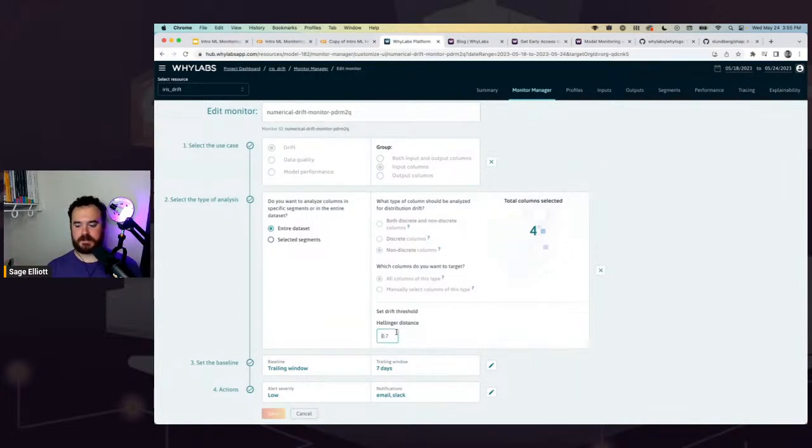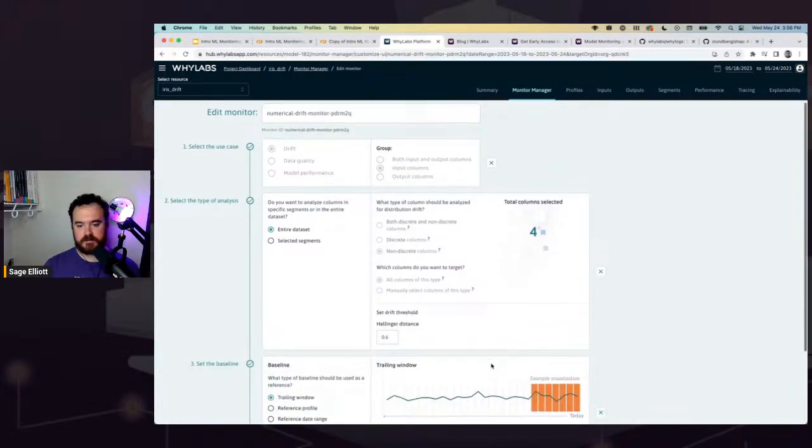I'm actually going to tweak this a little bit here. So we use something called the Hellinger distance in YLabs to calculate the drift distance between values that we're comparing against. So in this case, we're going to be comparing against those 7 days of production data. We're going to be looking back or comparing against our training data set. So we're going to say, if this changes a certain amount from our training data set distribution, trigger an anomaly detection.